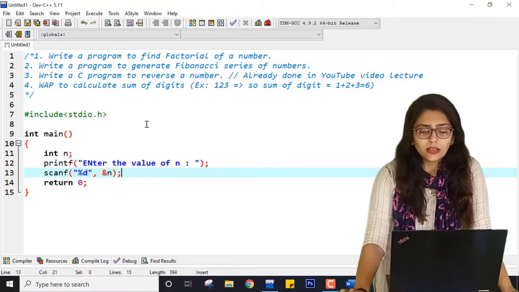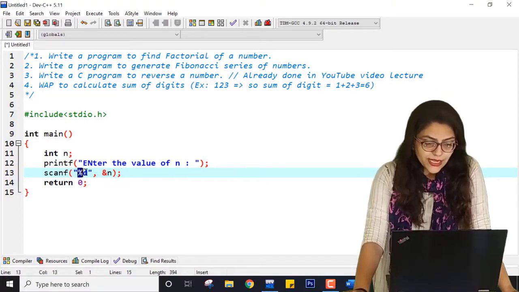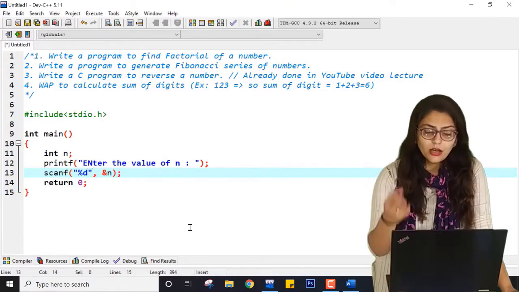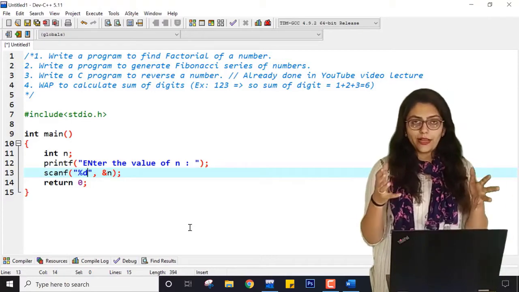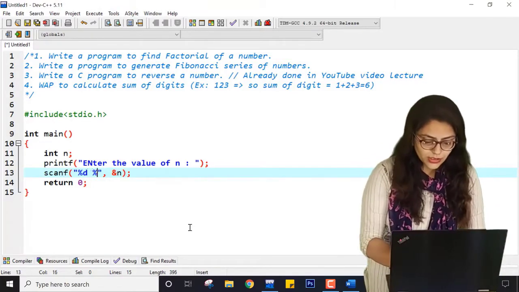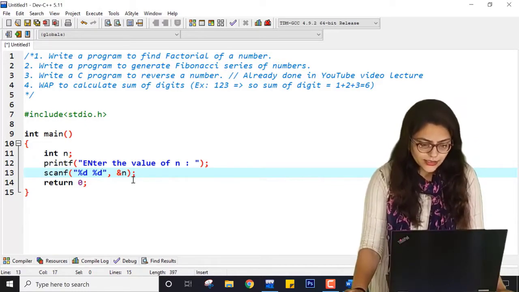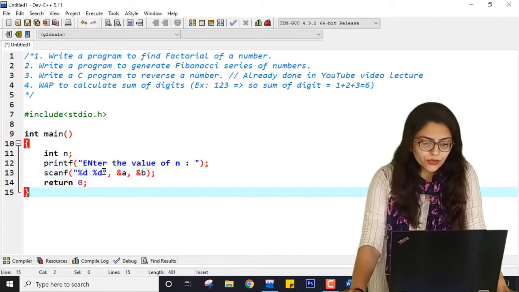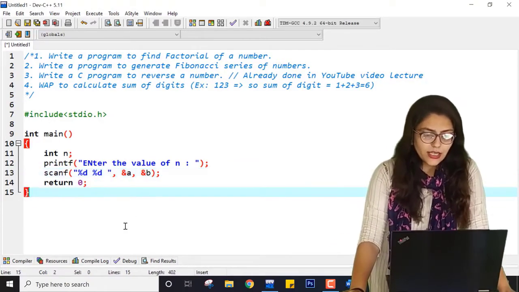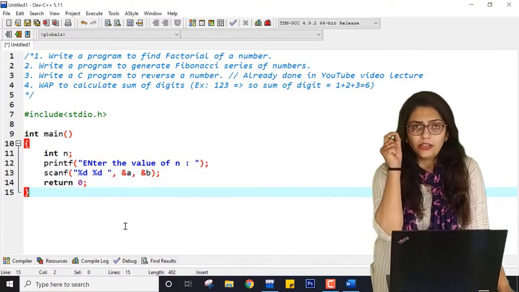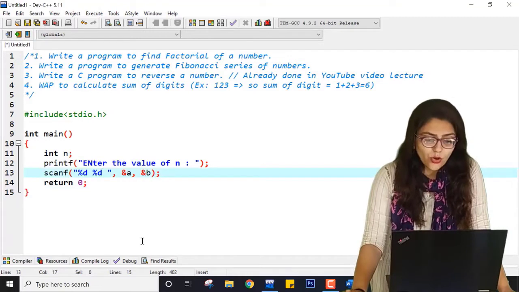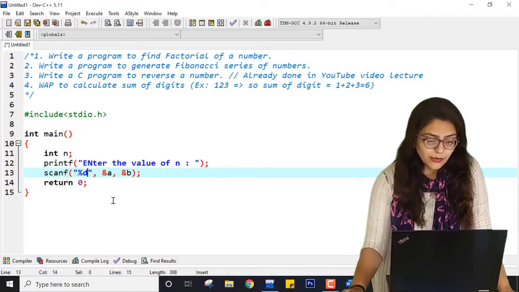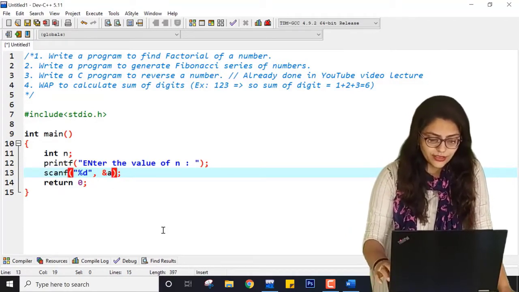Many students make mistakes by placing spaces in here. You cannot place any space while using one integer or two variables. If you are using two variables like this, it is okay. This is the correct statement, suppose here it is, say, A and B. This is the correct statement for scanf, but some students give a space in between the %d and the double inverted quotes. This is wrong. It will let you enter 3 values at a time. So this is incorrect. I just remembered this mistake of one student, so I am clarifying it right now.